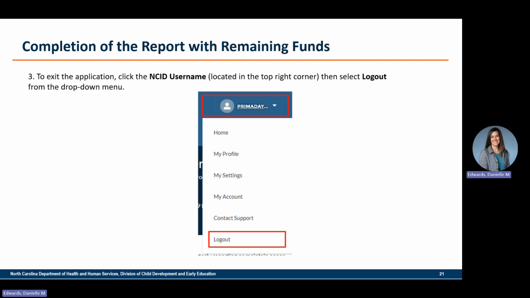Of course, you will need to come back and report for the next reporting period. Once you submit your report and it has a status of submitted, you then can log out. You will click on your user ID, your username at the top right, and then you'll select log out, and that will log you out of the portal.